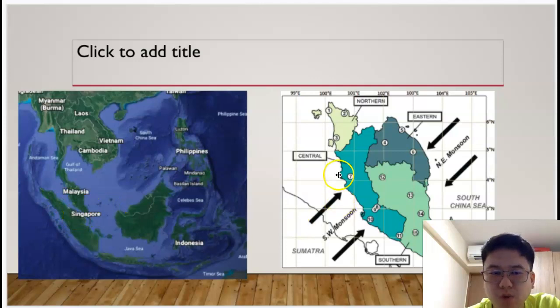So why does the west side have less rain? Because during the southwest monsoon, the rain will have already all fallen in Sumatra because there are high mountains and so on. So it will become a dry wind. Remember the windward side and the leeward side. The eastern side of the peninsula, when facing the northeast monsoon, is on the windward side. The west, when the wind blows over, is on the leeward side already. So the heavy rain will have fallen on the eastern side, and then the dry wind will blow across the west side. But during the southwest monsoon, because it has blown over Sumatra first before going to Malaysia,